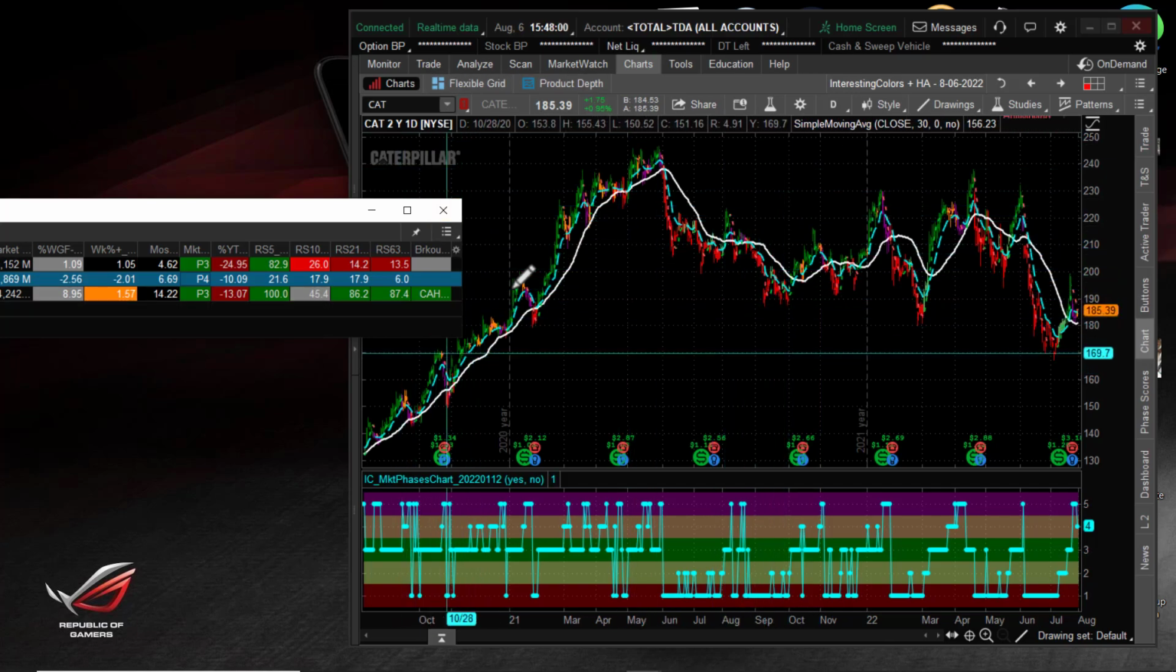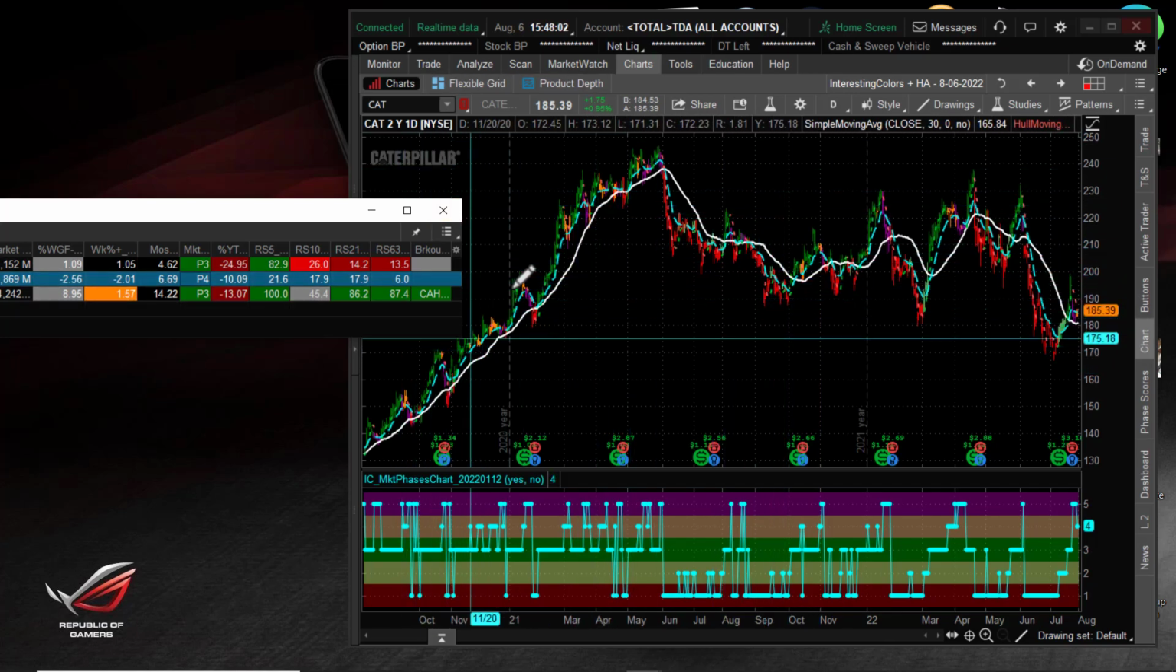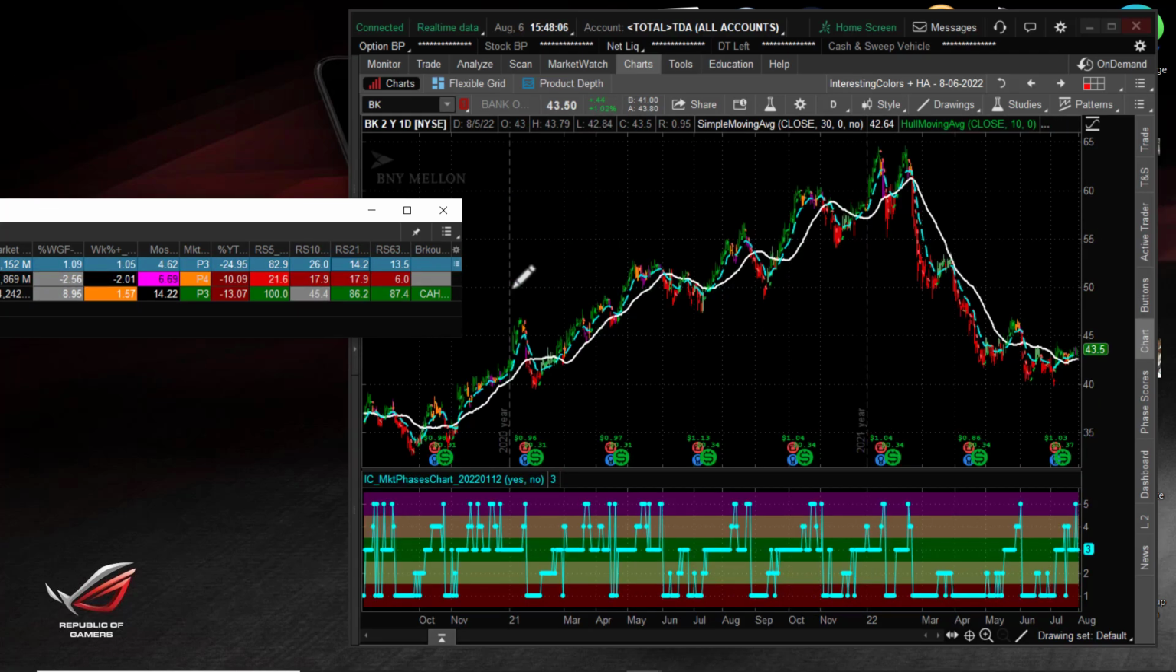These are bull flags. And if you look at Bank of New York, same kind of trend, same kind of tracking, where it's coming down and breaking out. So the significance of this, in my mind, is